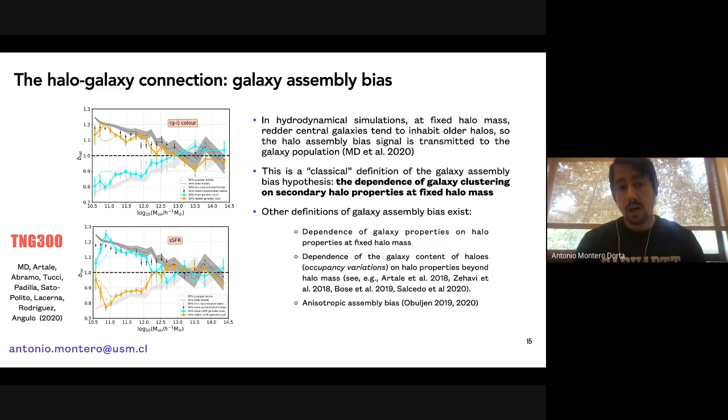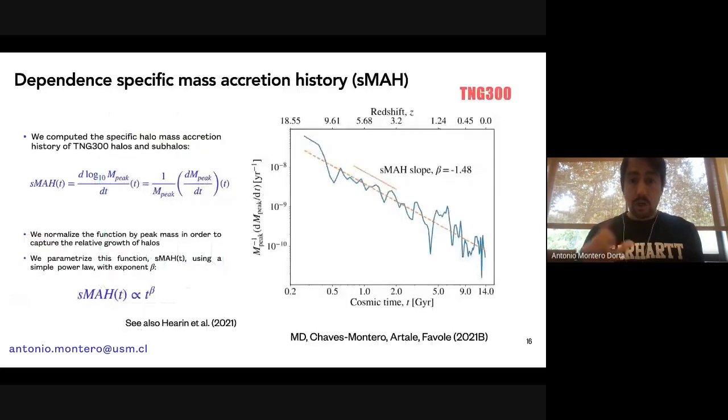Now, the typical thing you do is parameterize the assembly history of halos through the formation time, the formation redshift, the redshift at which half of the mass of the halo is assembled. In this other paper that we published last year, we wanted to look into